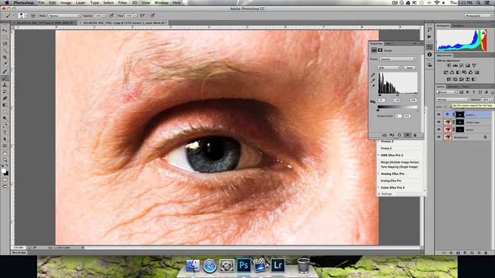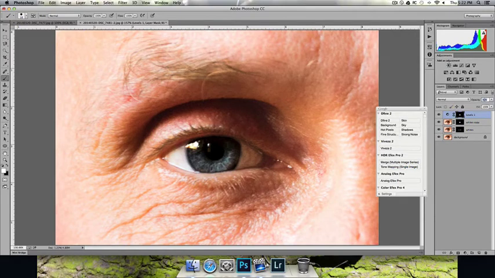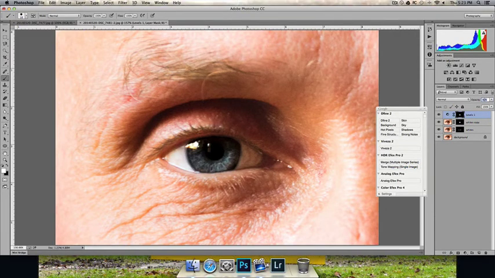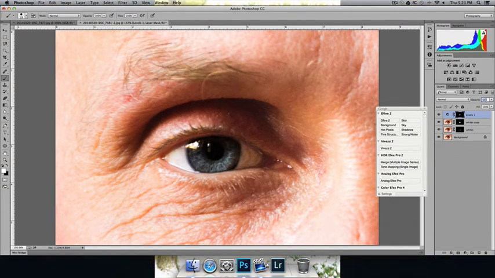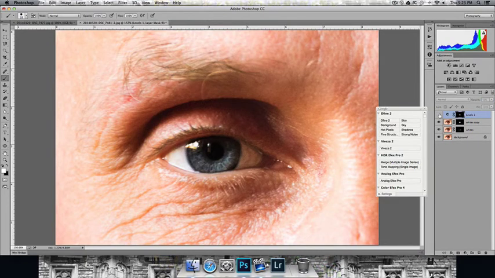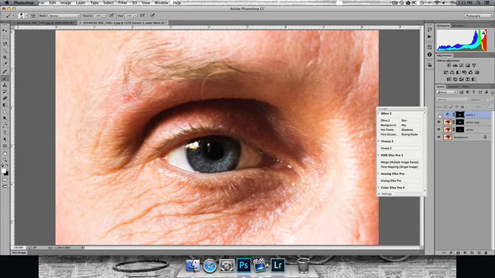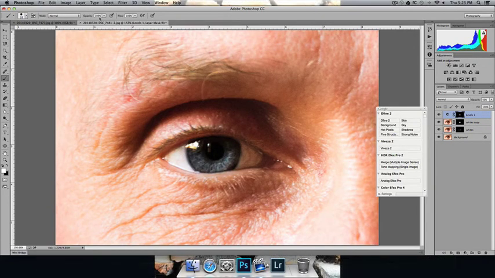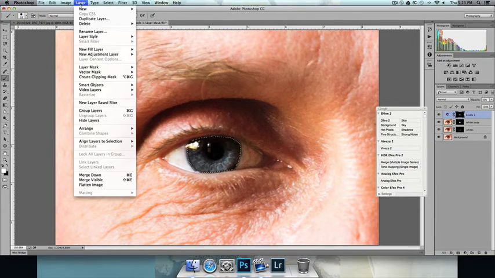Putting the opacity to somewhere in the area of 50. Until I am happy with the result. And then again put a new layer,